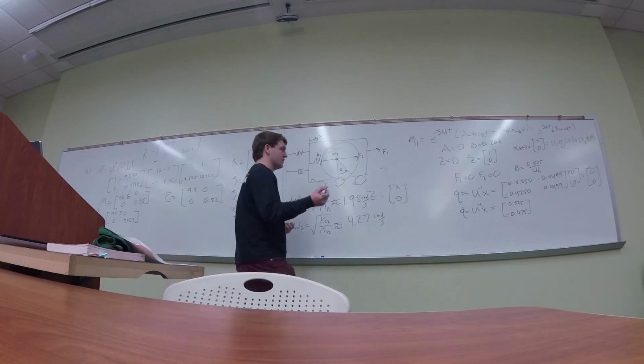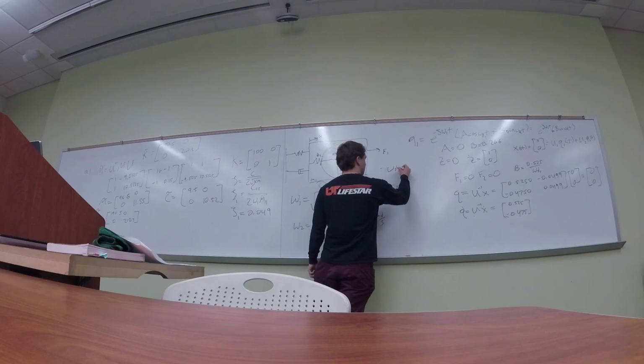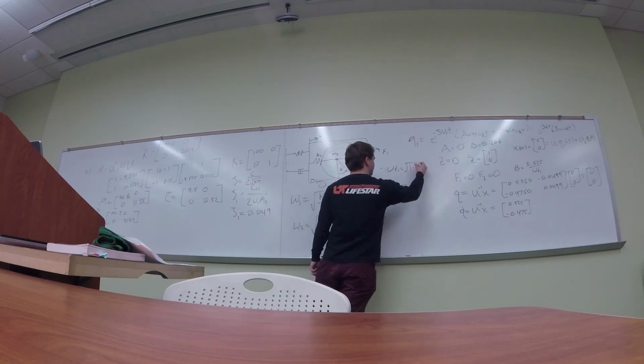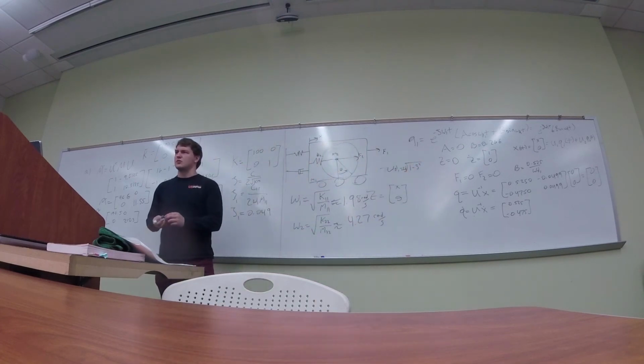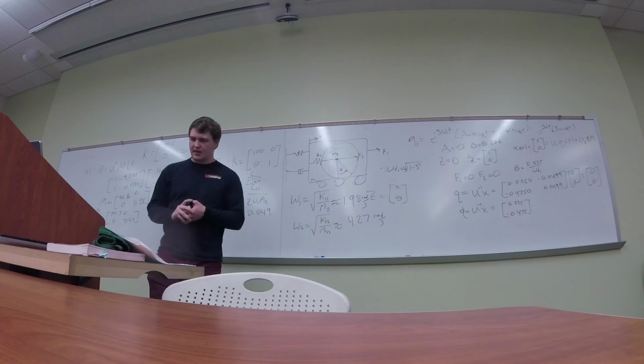And omega d1 is just what? 1 minus zeta squared? Times omega. Times omega 1. Okay. And that's just going to be your omega d. And so you're just using your